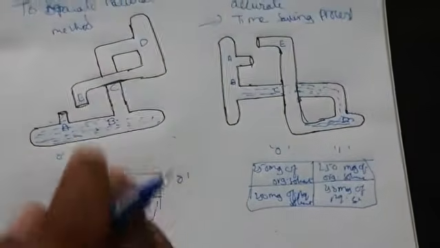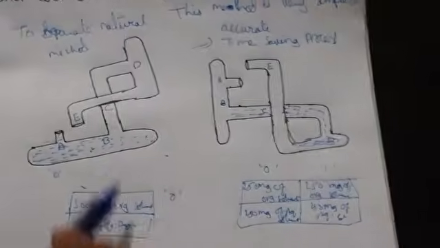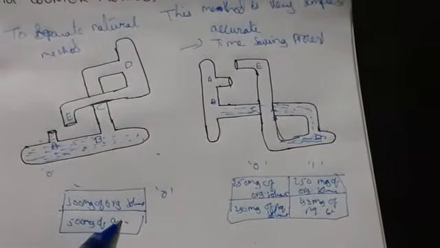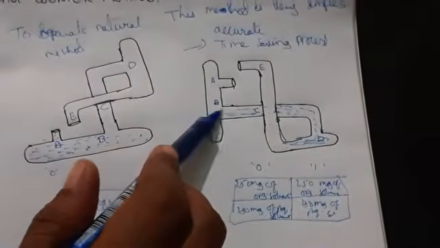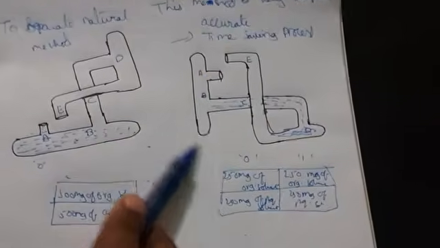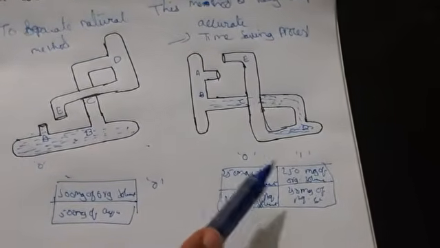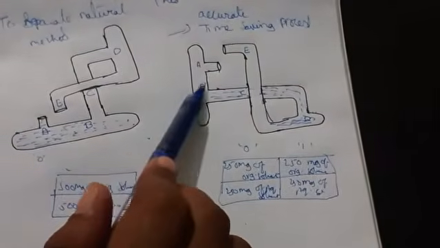Now what happens in the third, same thing we are taking. See here, 3 conditions I am showing. In the first condition I am taking solution in A, then there is no movement of the solution. When you reverse this tube, here we are taking C in horizontal position, it is passing to D, then it is transferring mixture to A and B, and transferring mixture to C and D. This is the second condition. And coming to the third condition,